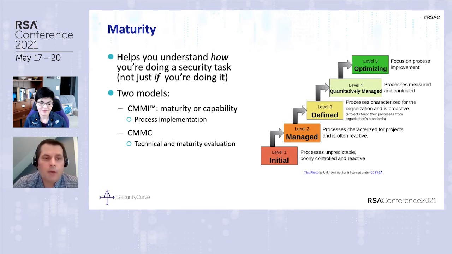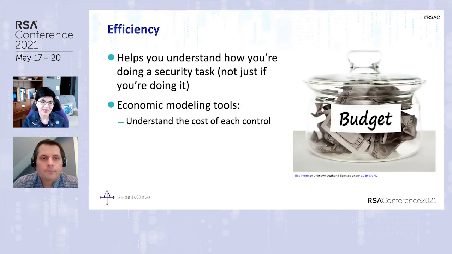So if you look at models like the CMMI, the capability maturity model, or something like CMMC for doing validation and maturity evaluation, this is one strategy to do that, but it tells you more than just whether you have this control or not. It's telling you about the level of maturity for the underlying supporting process. And then the last thing you want to think about is, are you doing it efficiently? Does it make sense? Are you spending more money to do less? Are you paying a reasonable amount for that control, or are you overpaying for the control?